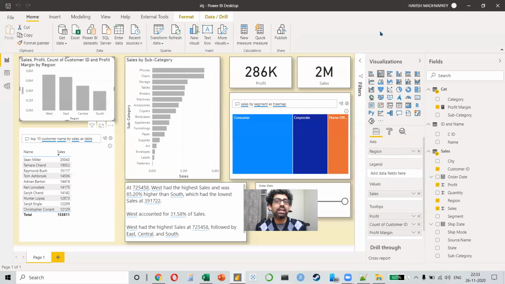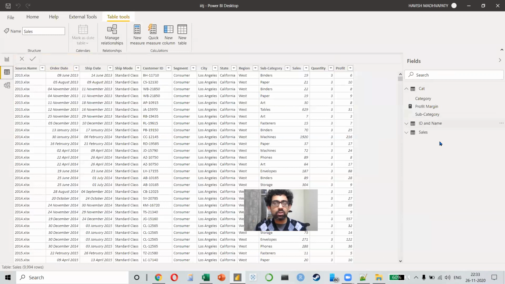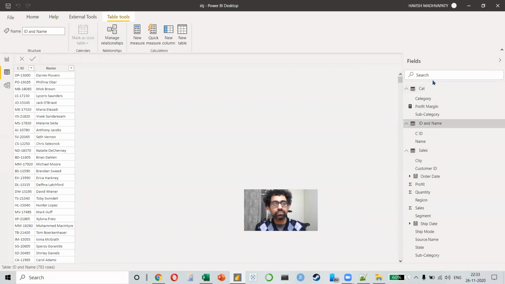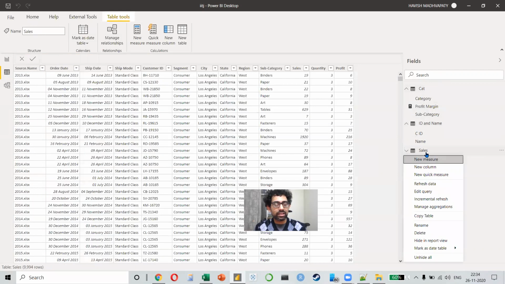But what if you don't have the file at all? Like if I send you this Power BI report right now, you guys will only have the report. You don't have the data. So how will you refresh? But remember, in the data view, you have all the tables. So you can actually copy the table on another Excel and you can make a copy. Makes sense, right? Like from here, one by one, I can copy each of these tables and put it on another Excel file. Got it. Okay.